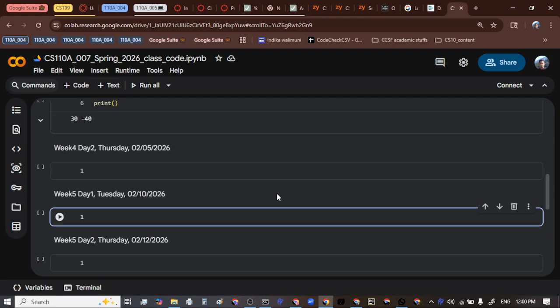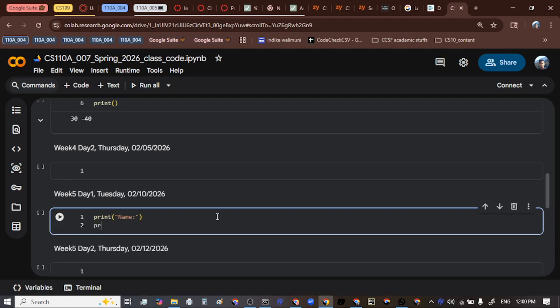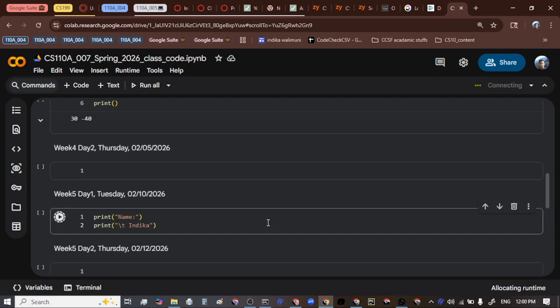Okay, I'm going to type. I'm going to print. Let's say I want to print name, and then I want to tab after it. Imagine I want to tab it out to the right. So I can use backslash T, and then I can put my name, like Indica. So if you run it,